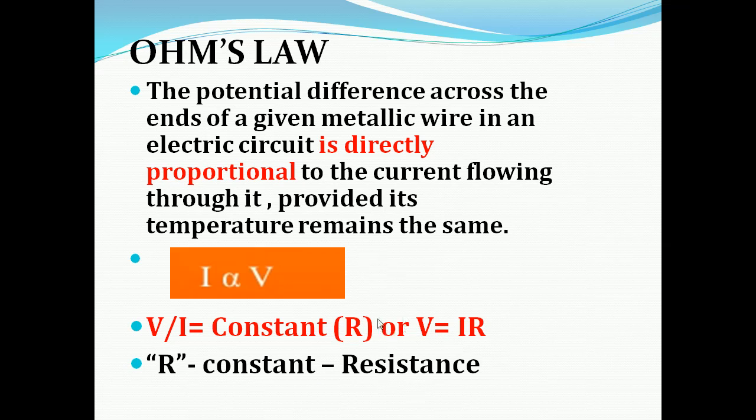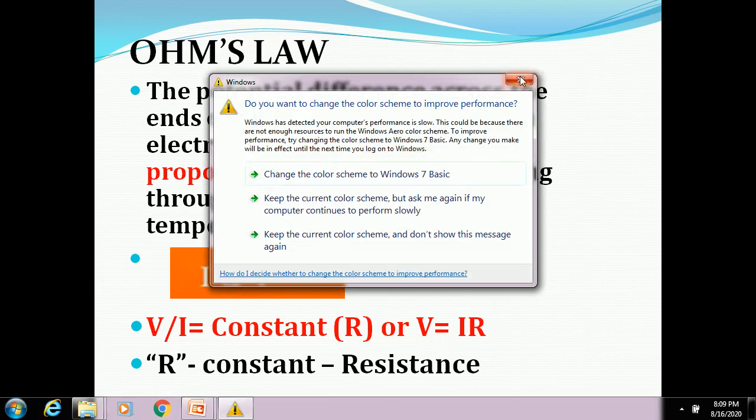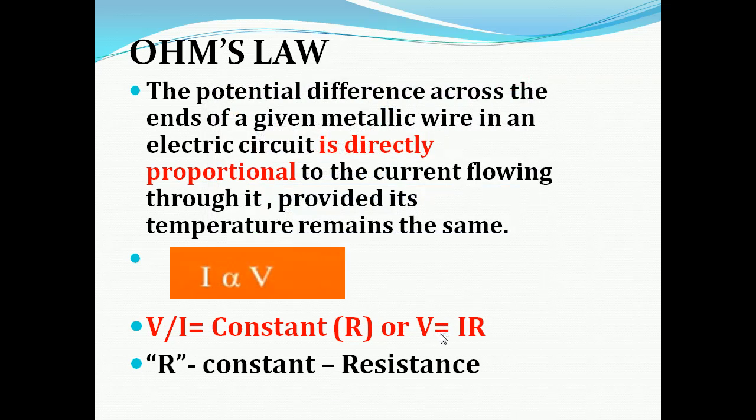Understood? So what is the formula which is expressing Ohm's law? V is equal to IR. So this formula also you have to note. To solve the numerical problems, we will use this formula also. Already I have told two formulas, and this is the third formula, that is Ohm's law, very important, which we will use to solve many numerical problems. So V is equal to IR. V means potential difference, I means current, R means resistance.